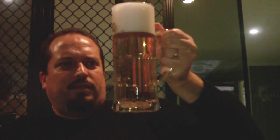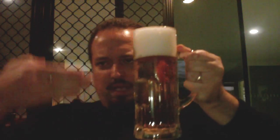Okay, so the appearance is, it's a fairly clear golden colour with,